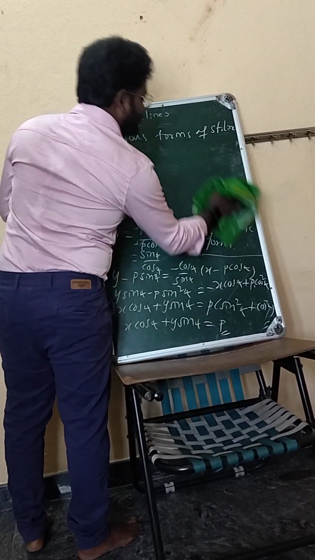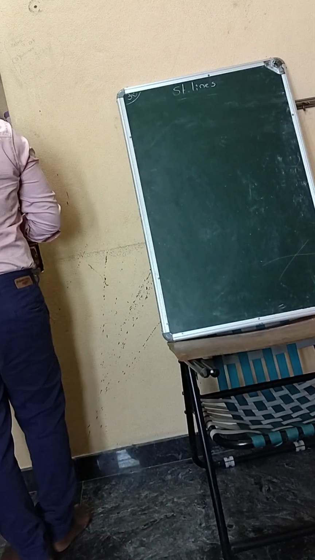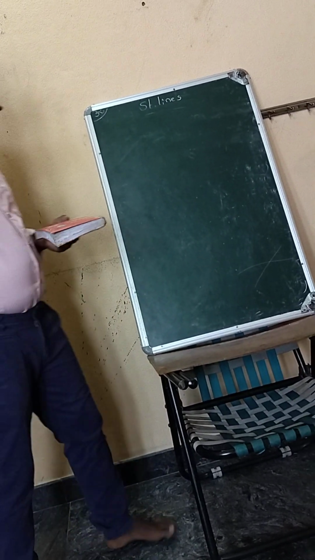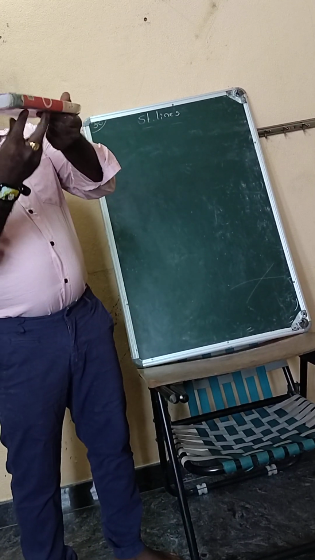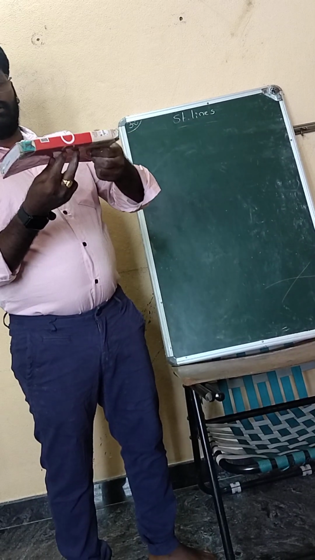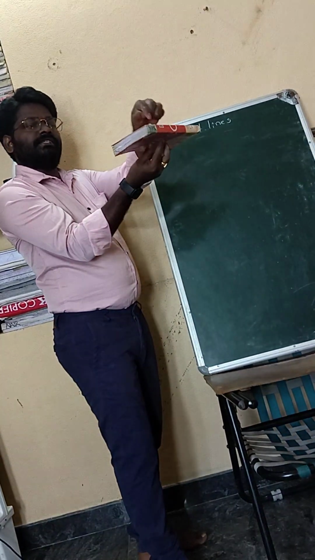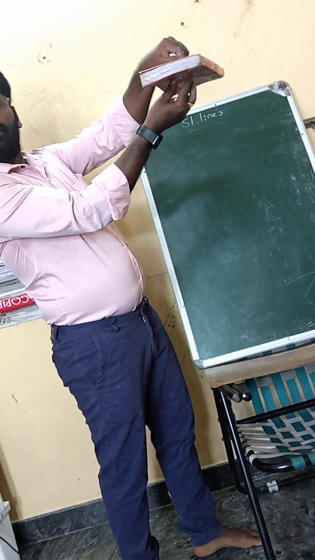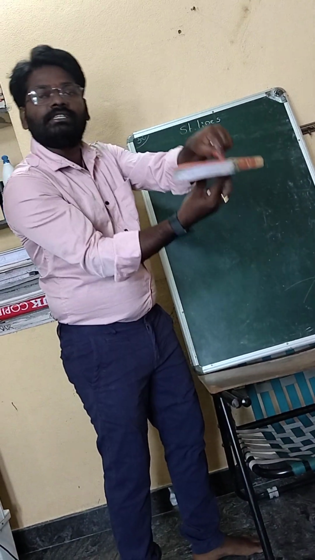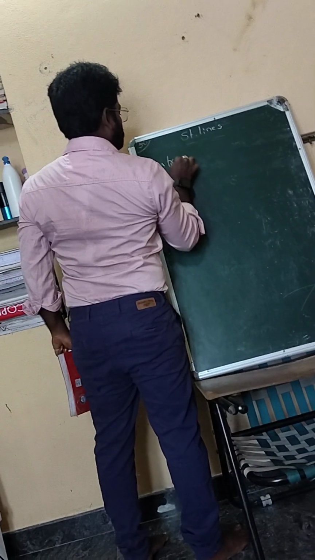And next one, centers, centroid. First one, centroid. Once you observe that one, centroid. Can you balance this book? This is the balancing point; the book is balanced only at this point. Once you observe that one, only this one is the balancing point. A balancing point is named the centroid. And centroid means